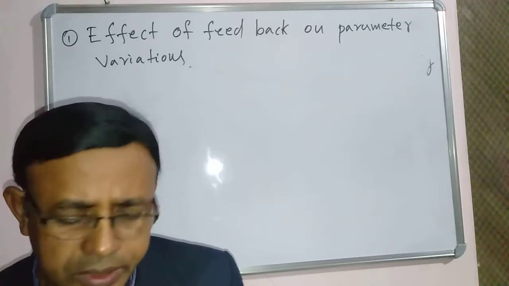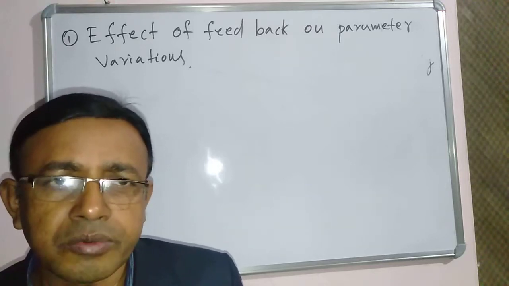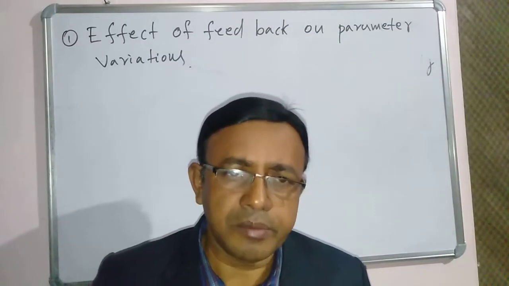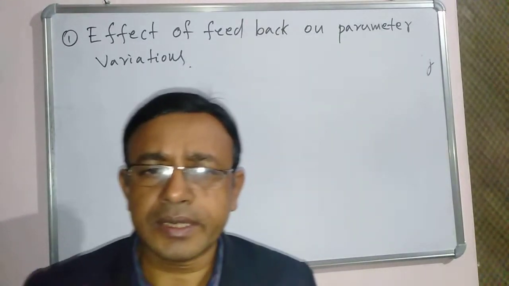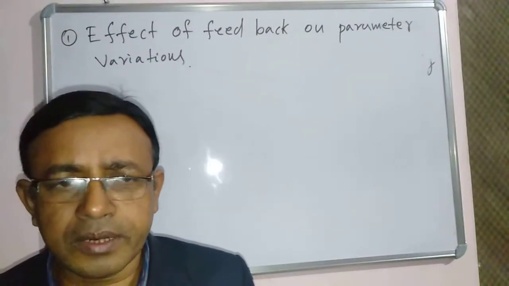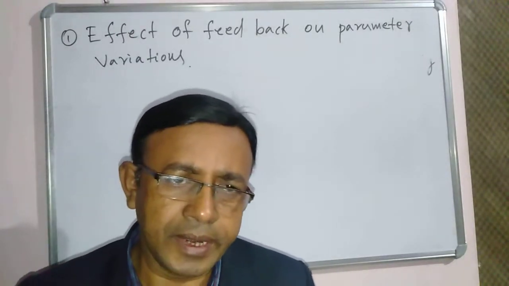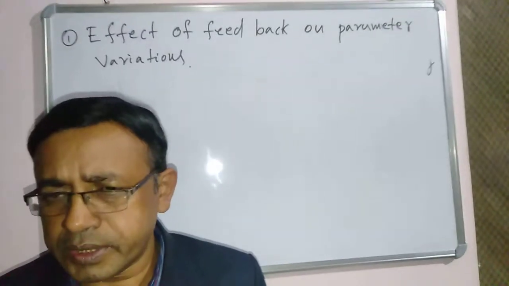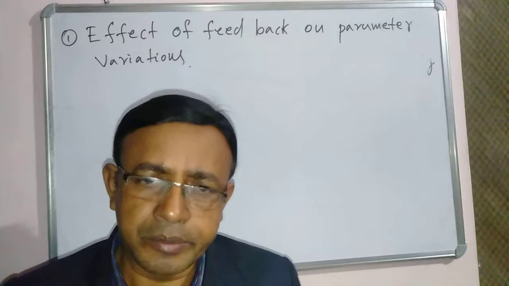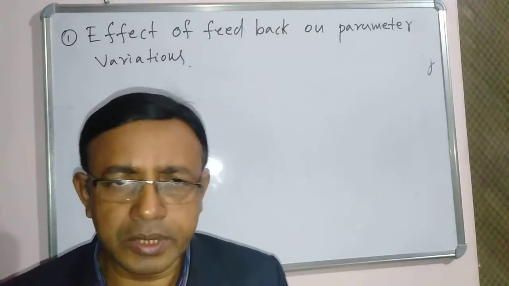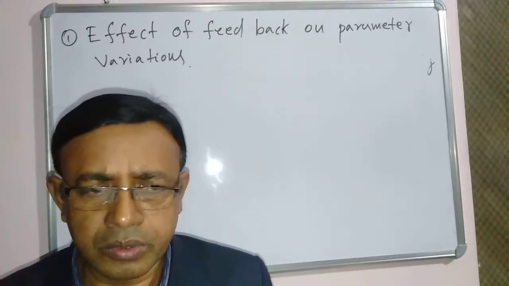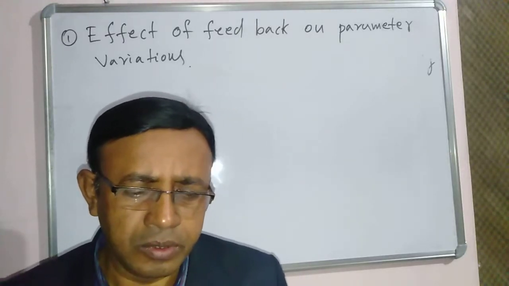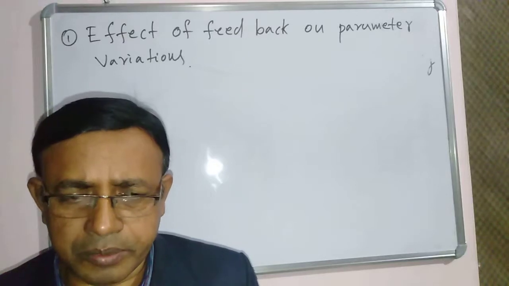In this control system, we will calculate the parameter variations, and after that I will take another example of a feedback control system and calculate the parameter variations in it. If we compare both the variations, then we can find out the effect of feedback